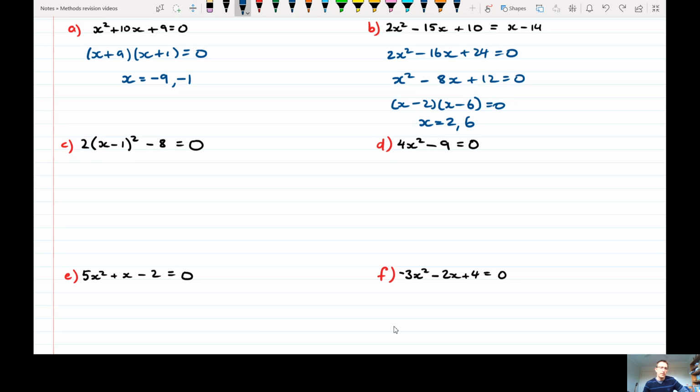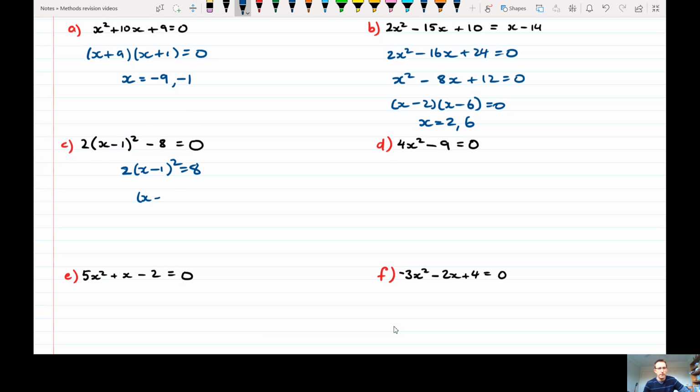So we treat this whole thing as a single term. And you've got a minus 8. So in this case, I can factorize or isolate x. Isolate x will be quicker, because to factorize, I have to take a factor of 2 out first, and then I'm going to apply dots to that. However, because I'm solving, I can just take the 8 across, or move the 8 across by adding it,